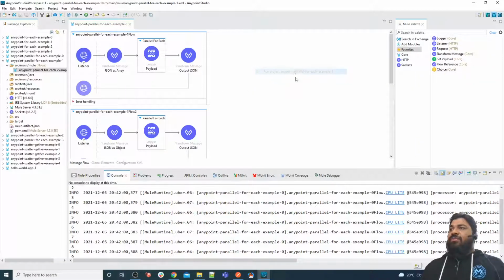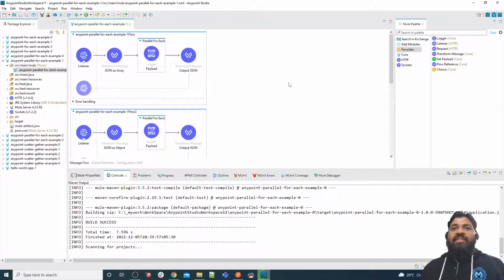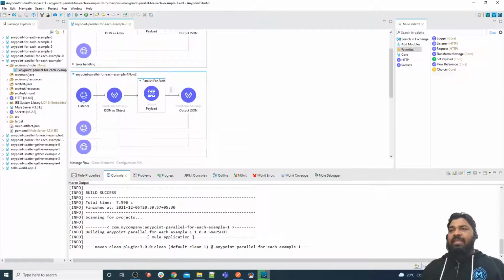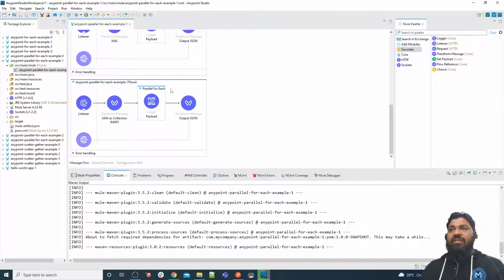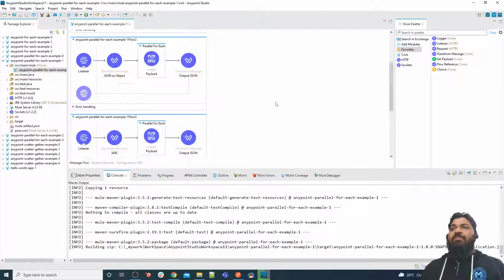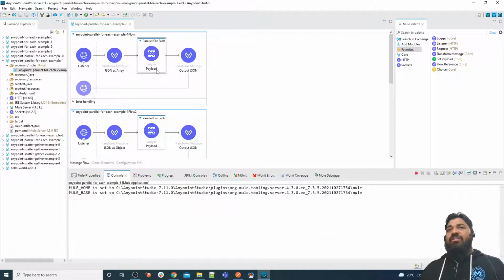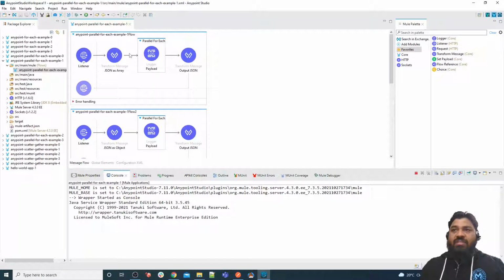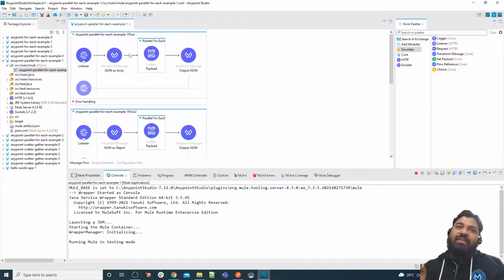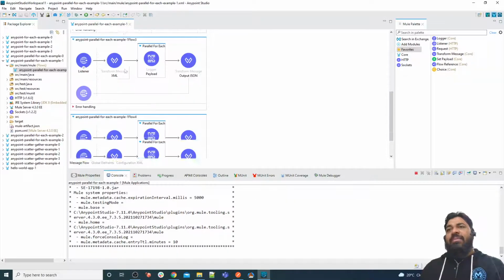Yeah. So as you can see, we have multiple XMLs, multiple flows. Meanwhile, this flow is deploying. Let me explain what I'm going to explain. Parallel for each is basically executing over records. So the question comes to our mind: what kind of records do we need to provide? That's how I have created multiple records.